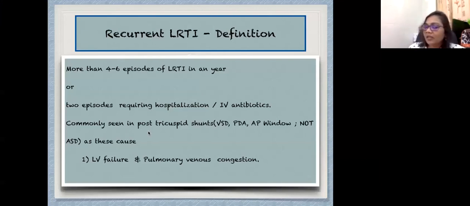I would say that this is commonly seen in post-tricuspid shunts, as I mentioned: VSD, PDA, AP window, not in ASD generally, because these are the shunts which cause left ventricular failure and pulmonary venous congestion, especially in infants. So